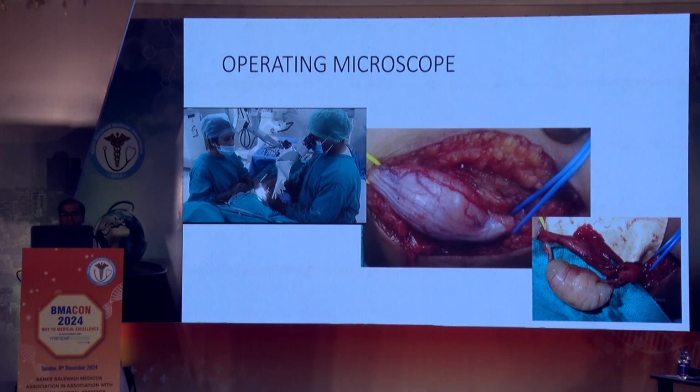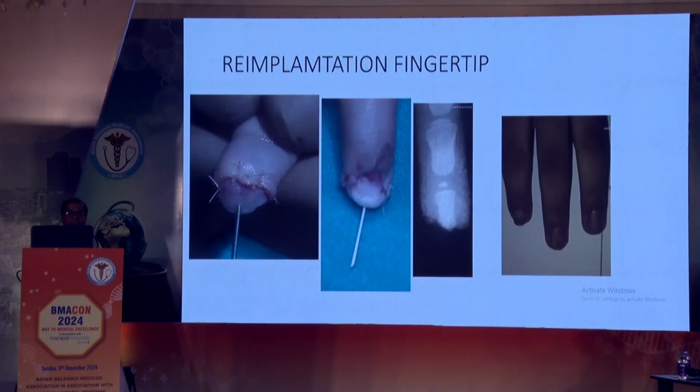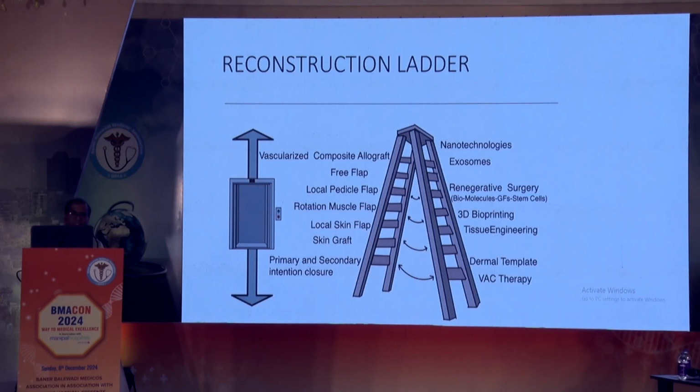Other wounds following resection of a tumor can be very well covered with this advanced wound method. Here the microscope is a good aid to visualize all the fascicles and isolate things and cover the wound. Reimplantation. So this is how plastic surgeons usually treat the wound. They have a reconstruction ladder, but with the help of advanced wound healing methods, we restrict our surgeries from extensive to minimum and improve the outcome.